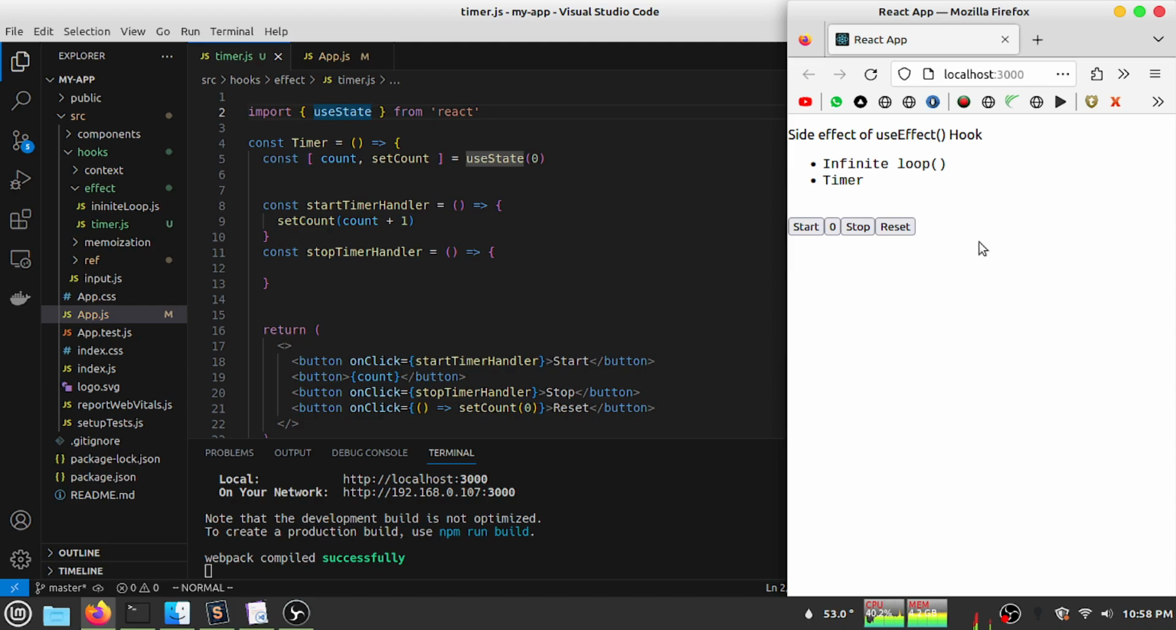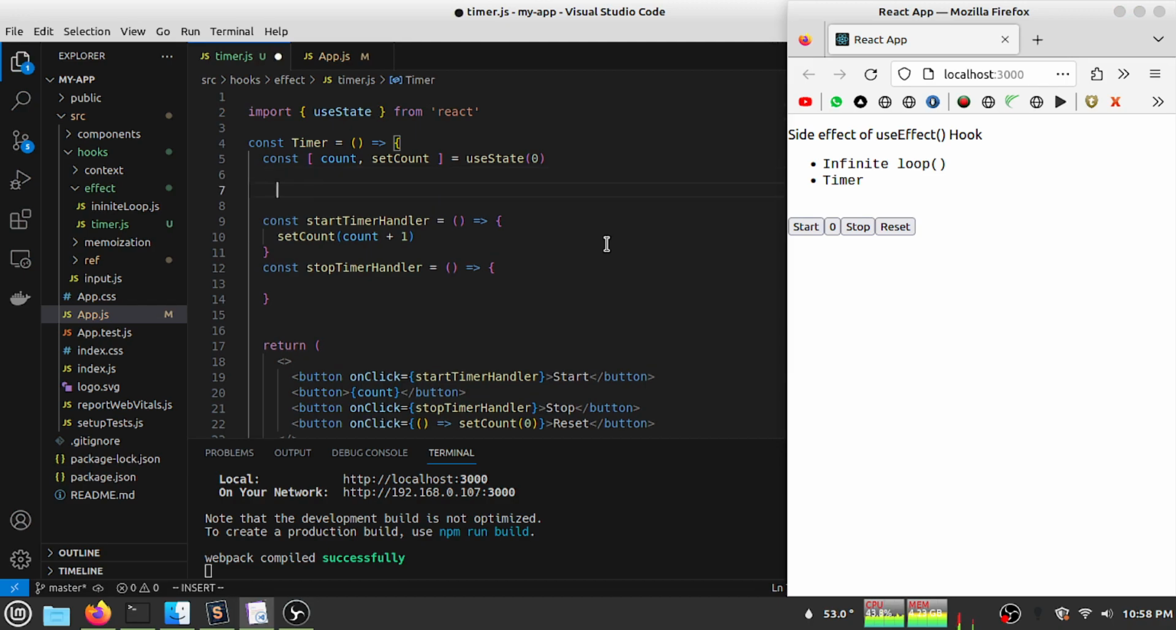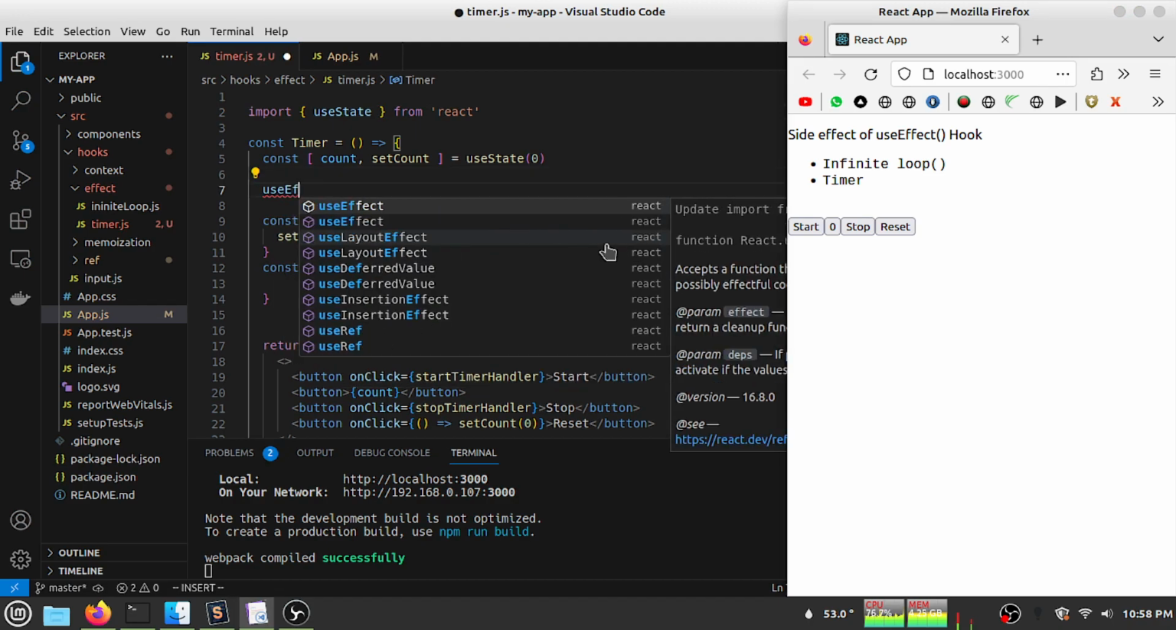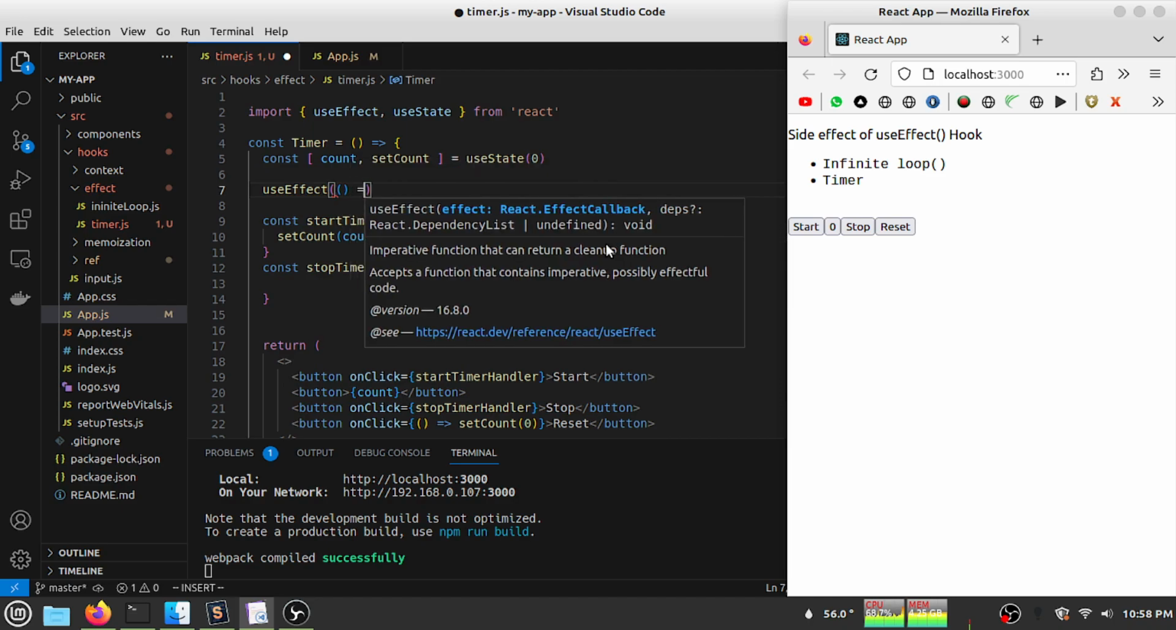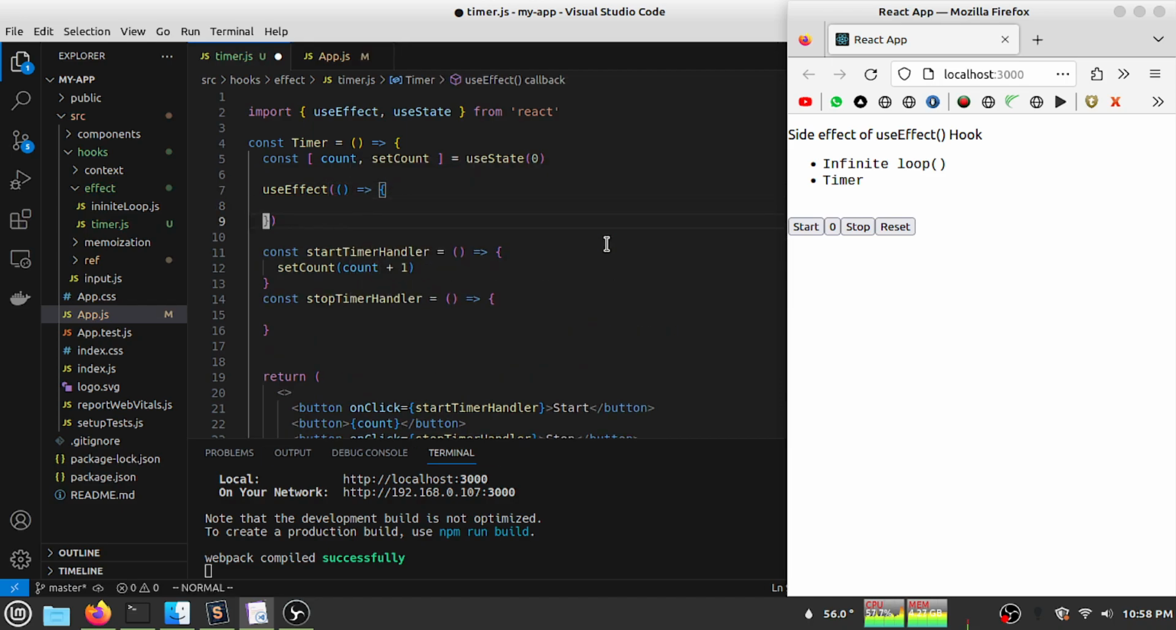So the target of this tutorial is to create a timer button, and by clicking this start and stop button, we will try to stop our timer. So let's see at first how the useEffect hook creates an infinite loop. For that, let's import the useEffect hook, and inside that